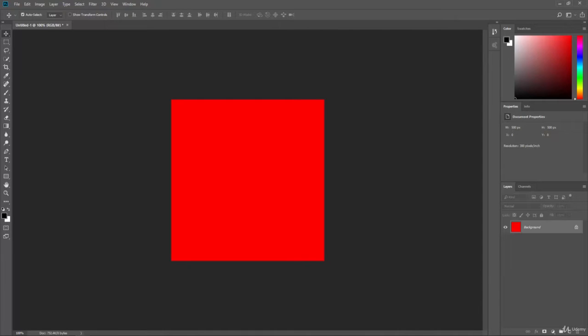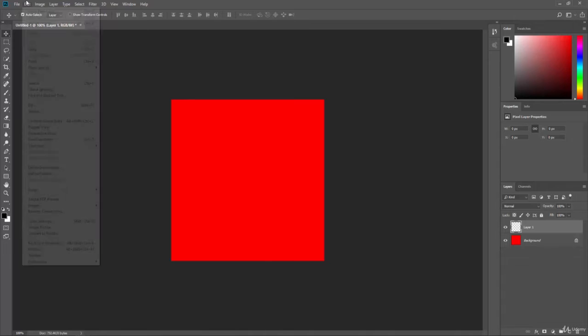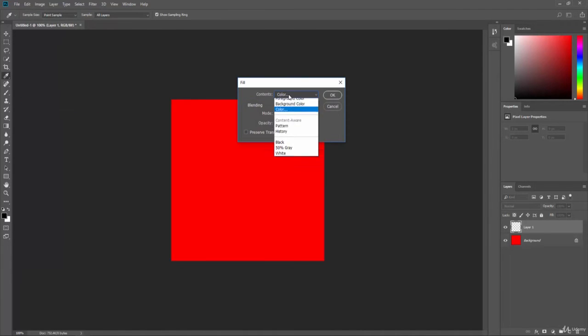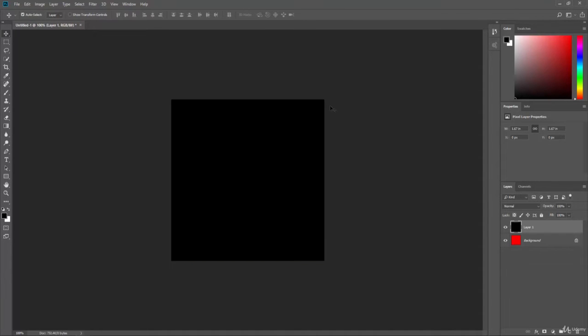So if I create a new layer, I can go ahead and fill that new layer also. So I'll go to fill, and then maybe this time we select black and we hit OK, and it'll fill that way. So filling means it's going to fill the selection or the whole layer or document with whatever color you've chosen. Now, if I were to make a selection